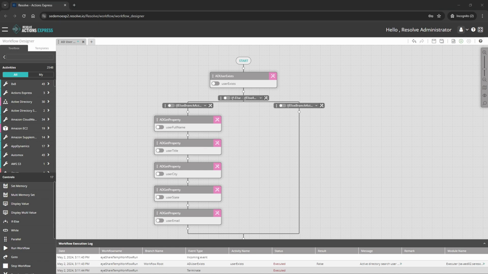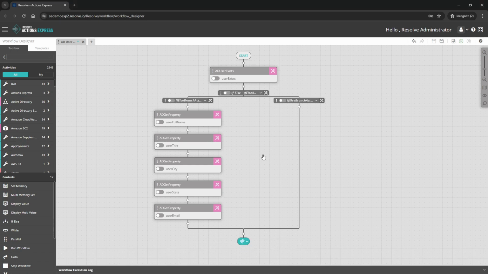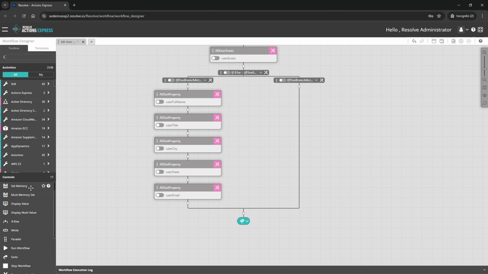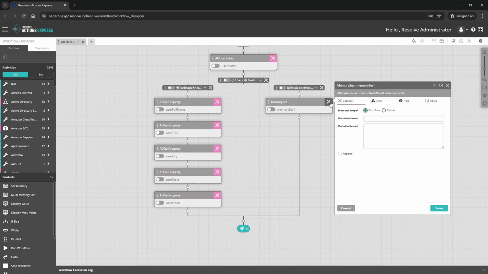So, as I said, this workflow will be put behind a self-service portal page that will allow end users to perform this lookup. So, what we want to do is start putting together a message that will get returned to the user. To do this, we'll use a couple of set memory activities. One here on the right will be used for when the user does not exist and we have to return an error